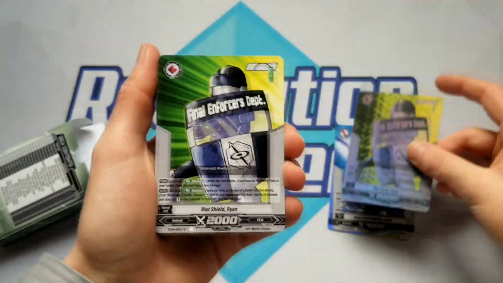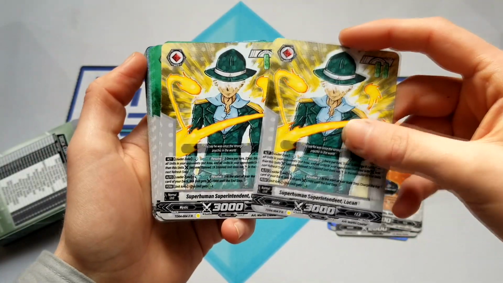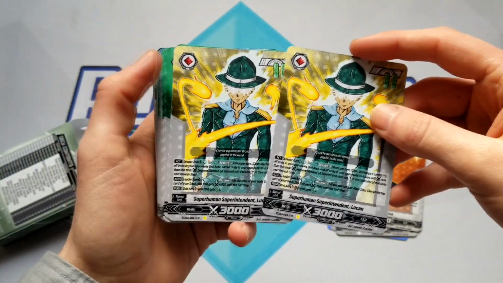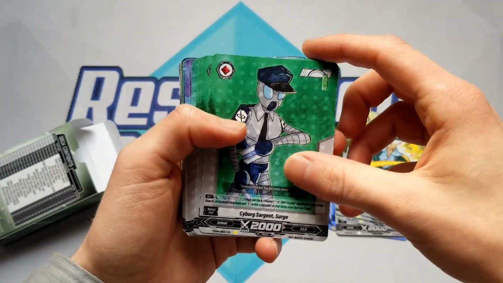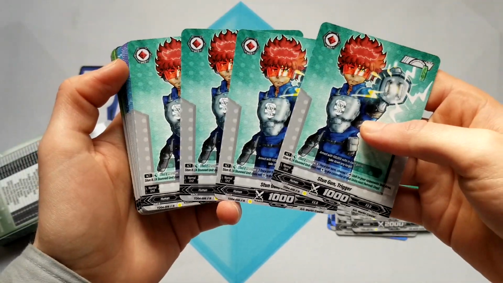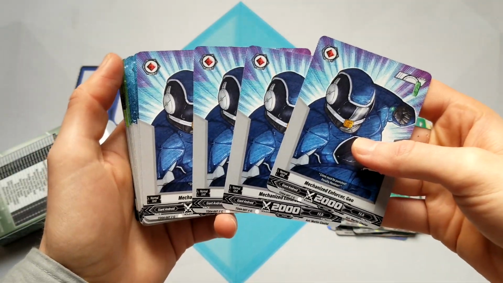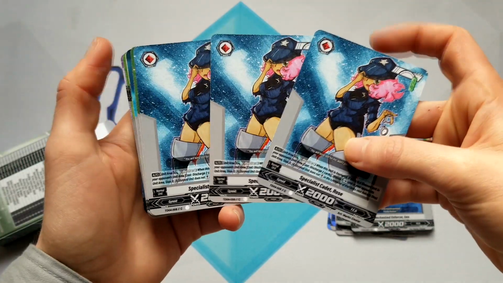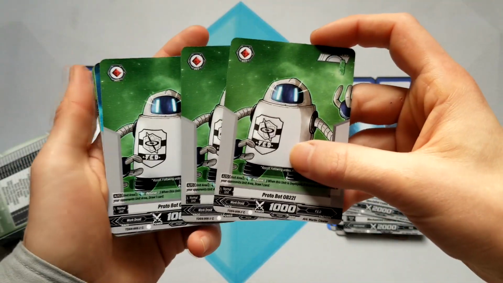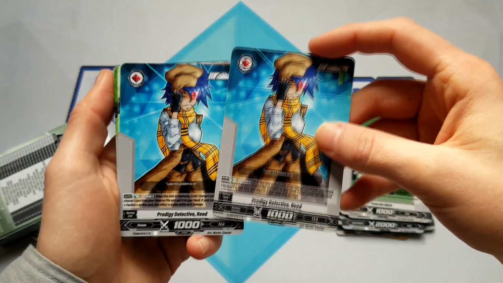So anyways, a super rare Riot Shield Ryan plus its common variant, 2 rare First Squadron Bob, 2 rare copies of Superhuman Superintendent Lucan, that's a mouthful, 4 rare Cyborg Sergeant Surge, 4 rare Stun Gun Triggers, 4 common copies of Mechanized Enforcer Geo, the vanilla card of the deck, 3 copies of Specialist Cadet Rose in common, 3 common Protobot OB221, 2 common Prodigy Detective Reeds,